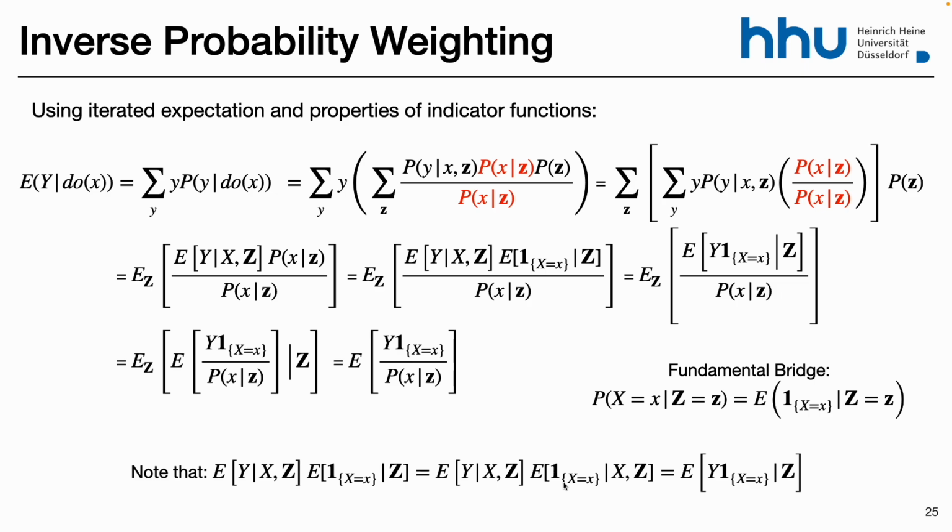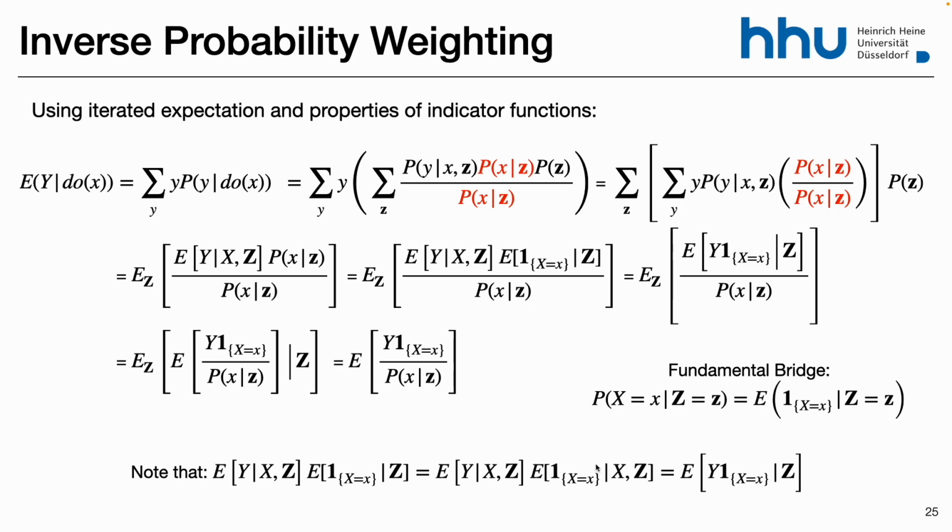And you can see this from the graph. So the y is independent of the indicator given x. So I'm conditioning on x here. Then I'm also conditioning on z, so that's fine. And then there is a step here with the x. So basically, I'm just skipping one step.